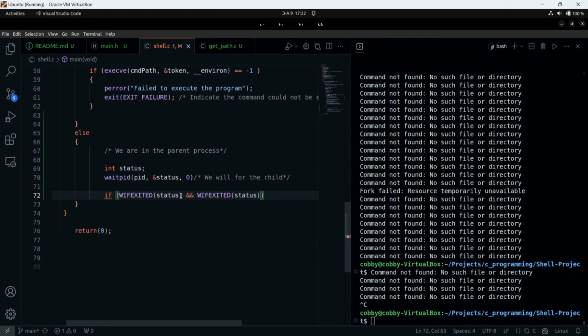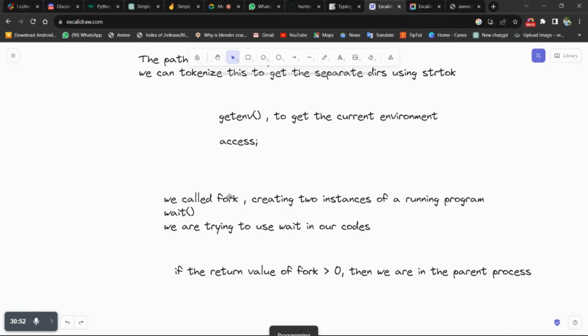So what does the wait return to indicate? We want to say something like, if the status is not equal to 0, right? Oh, that's the mistake. This is status, not exited. So this is, guys, a moment. This is status. But before that, let me talk to someone. I'm coming in a moment.